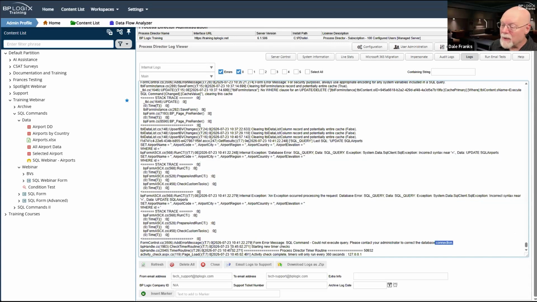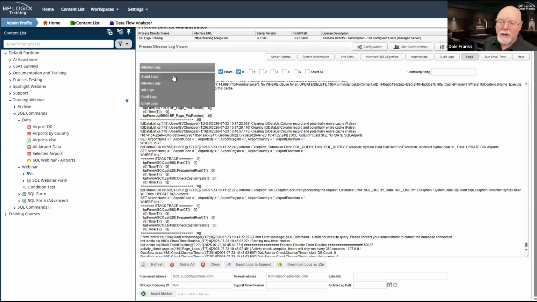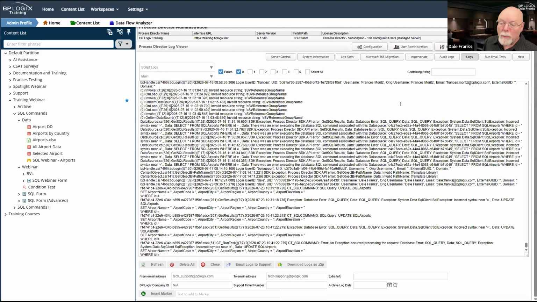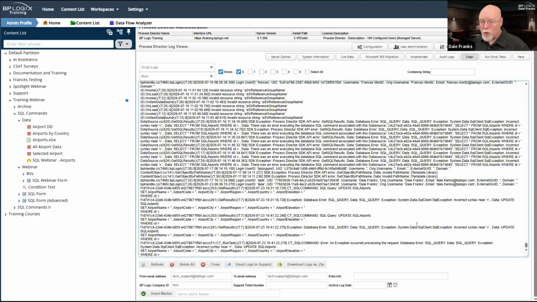And so the last thing it says is it throws out that error string control, places it on the form, and tells you it couldn't execute the query. So you can, in fact, see this in the internal logs as well. So you have two places that you can run to if you see one of those errors, either the internal logs or the script logs, so that you can actually see what the system was trying to do whenever that error occurred.